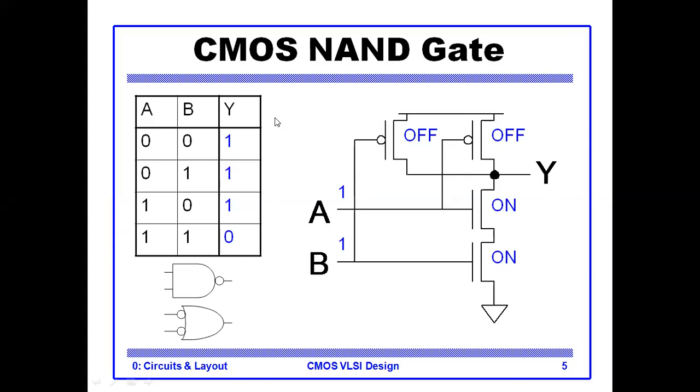So with complementary metal oxide semiconductor, we can implement the circuit for the NAND gate according to this truth table, according to this logic. What is the logic? If one of the inputs is low, the output should be high, and if both inputs are high, the output should be low. Now here we can understand the working.